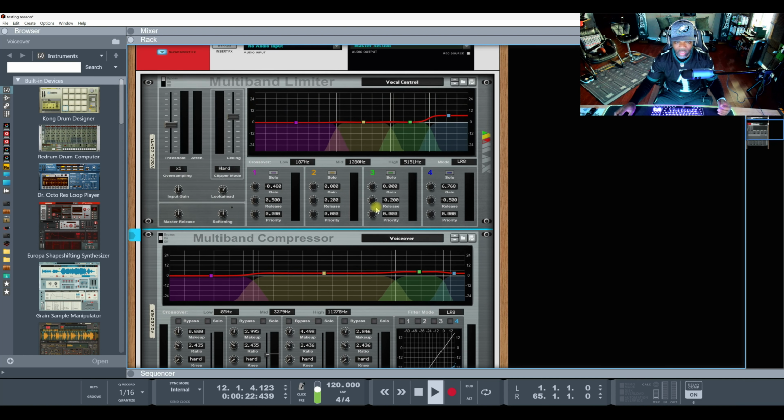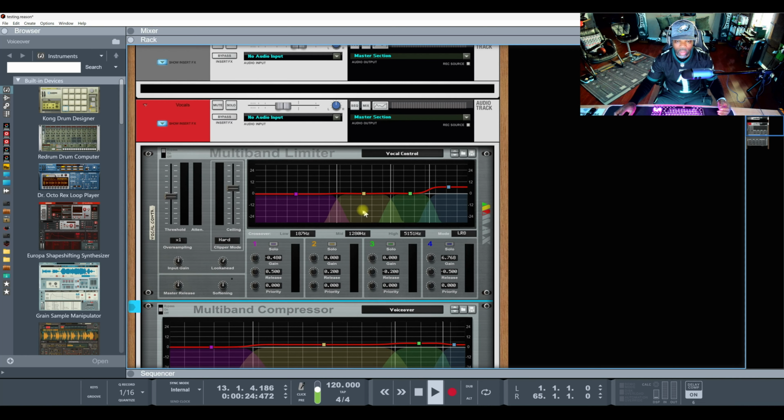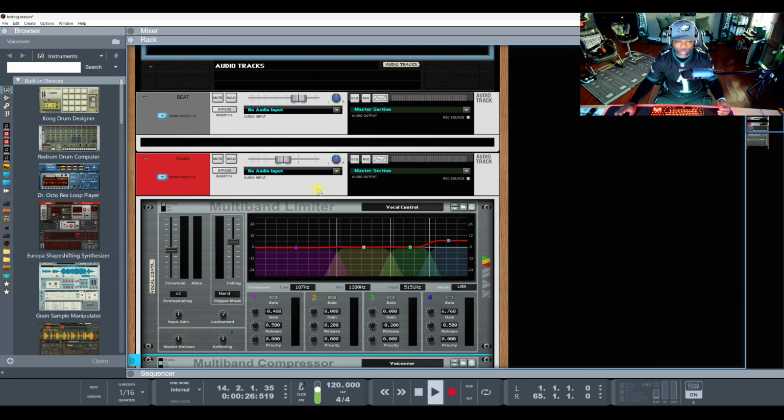Definitely for any instrument, to be honest with you, especially when you don't want to deal with the one band, because the one band doesn't always have the full control. Still use the one band, definitely, if you want to bring it in behind it later down the chain, or put it inside the bus. But I say, man, this is my go-to first when I start hitting vocals, because the frequencies are always all over the place. Artists are never consistent with their vocals, man.